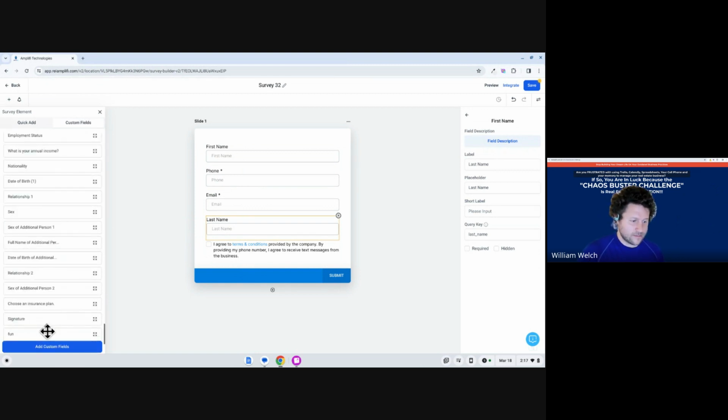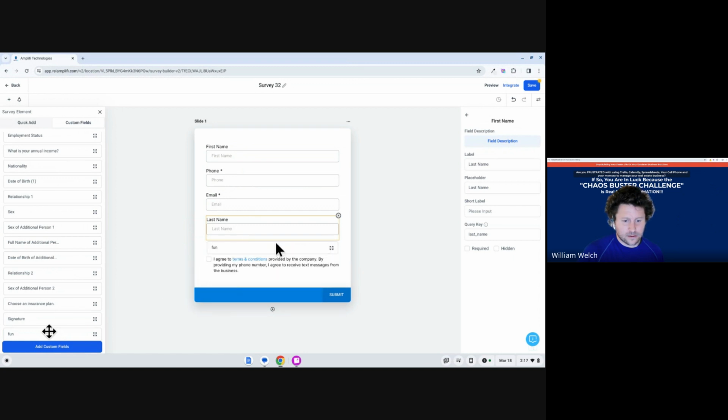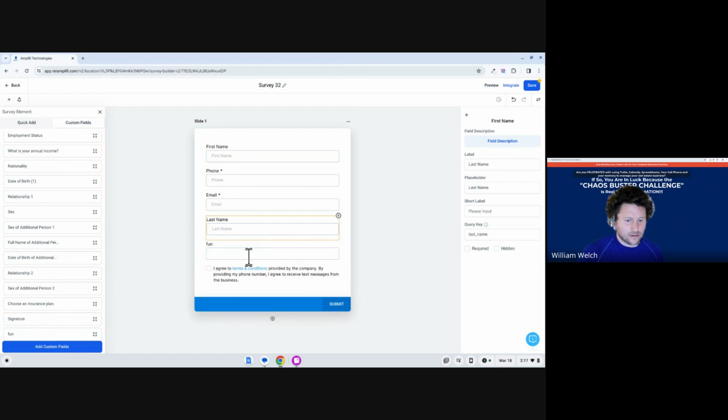Go to the bottom. And there we go. You have a custom field in there. So now when they fill this out, if you were to give them this form, they would put in all their information. It would create a contact for them, and they would fill out this custom field, and it would fill in the folder,